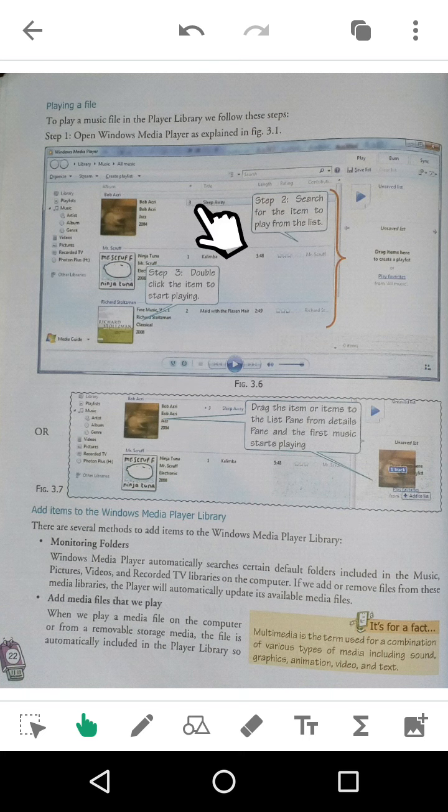So these are the two things you can do. First of all, you can search the name of the music and double click it. This is easier. Otherwise, you will drag it here and it will start playing. If you want to queue songs up, suppose you want to play this song first, then this song, then this song, you will drag it here, then here, then here. After dragging, the songs will play according to the list. That's why it is known as the list pane. Or if you want to play only one song, you will just double click it